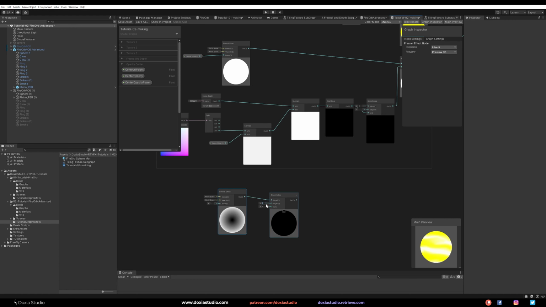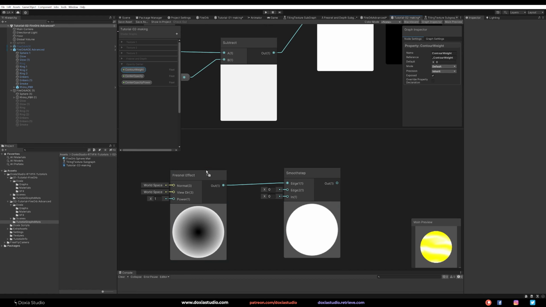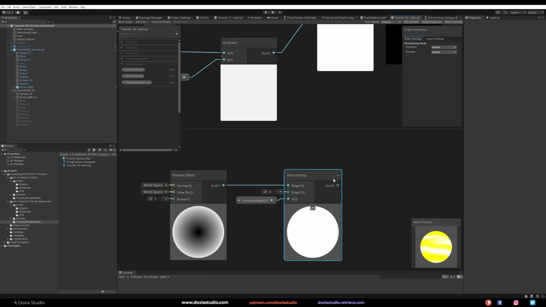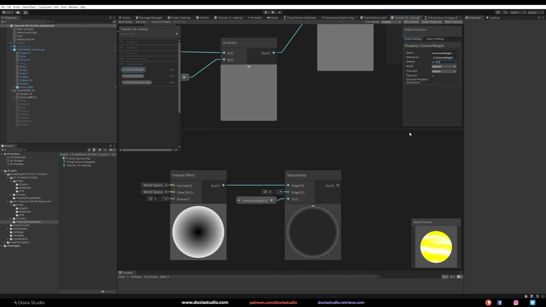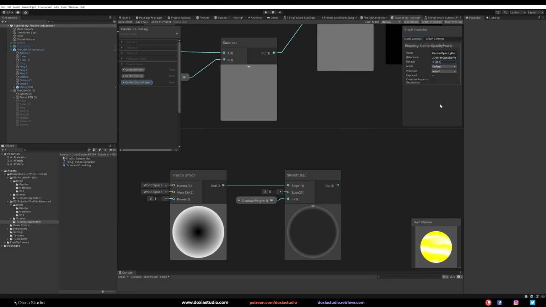Let's put the first edge to 0, and the counterweight, it's like the stroke of our Fresnel. Let's put the counterweight default to 0.5, so we can start seeing what we are doing. Here, let's go with 1, and here 0.5.